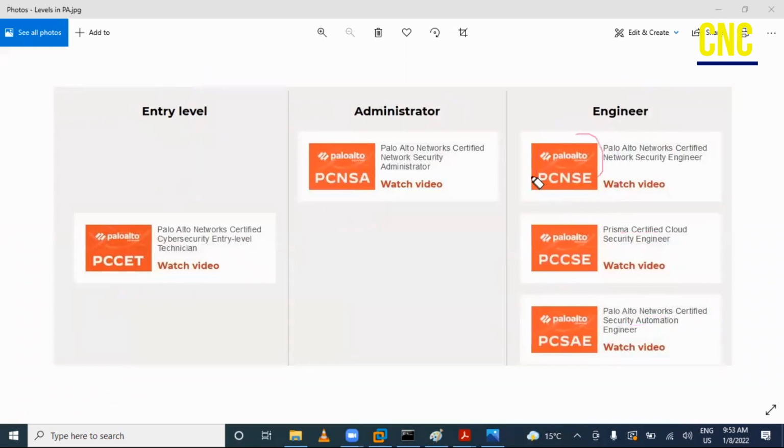So we are going to cover PCNSE certification, each and everything about the PCNSE, from the initial to the advanced level of the firewall, like how we can configure the firewall, types of firewall, feature set of firewall, security policies, the complete stuff we are going to cover here in this course. Okay, but apart from that, levels are also there, like entry level, administrator level. It's up to you: you are doing the course for PCNSE, and if you want to do the certification for entry level, that PCCET, you can do that. If you want to opt for the administrator certificate, you can opt for PCNSE certification. But we are going to cover the complete course here of PCNSE, Palo Alto Certified Network Security Engineer. Okay,